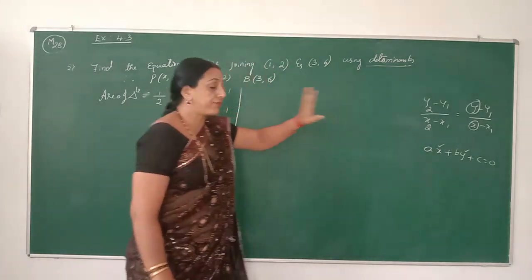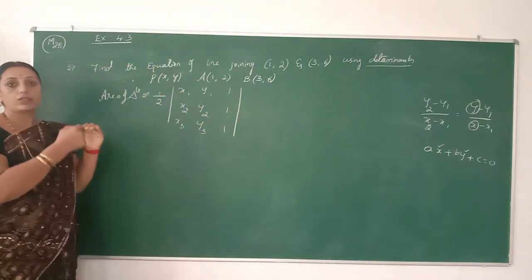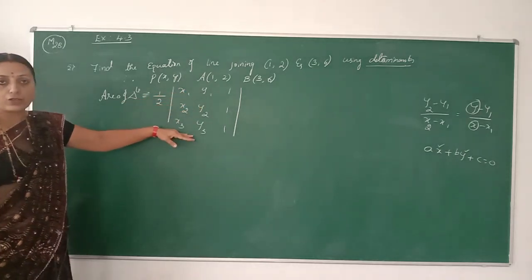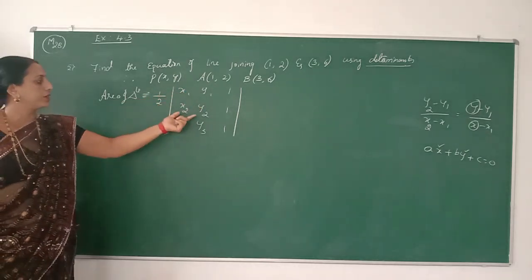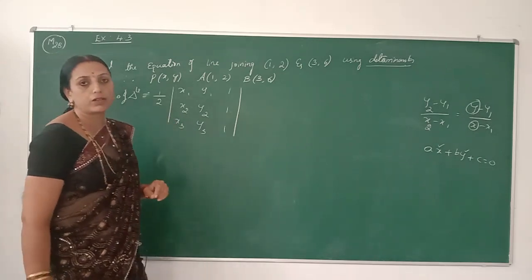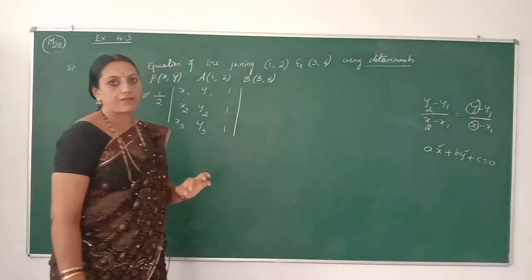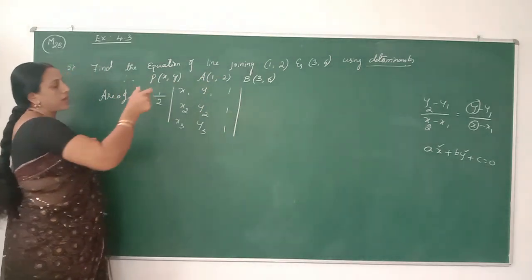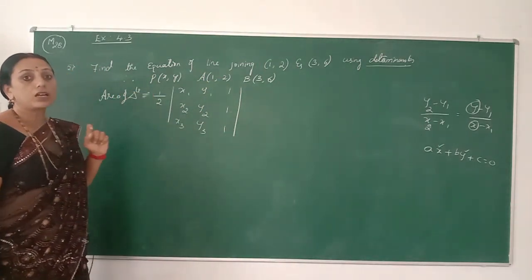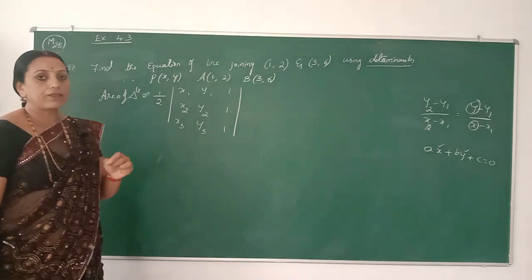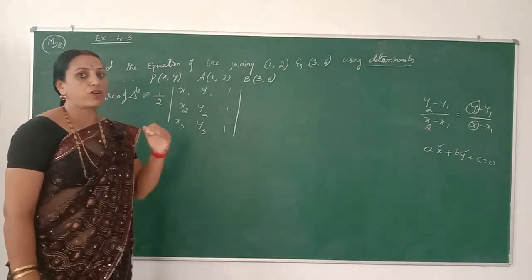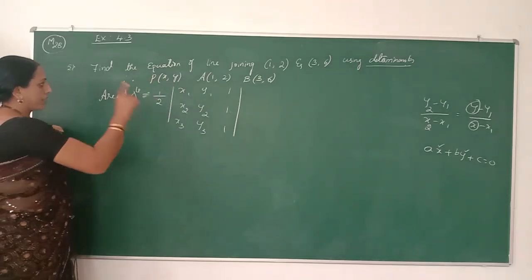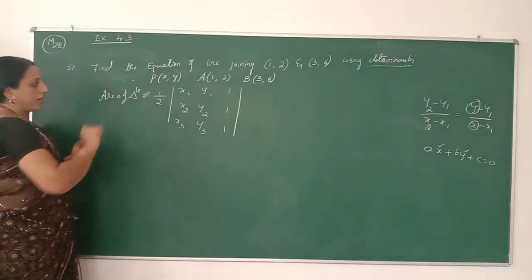But in case of determinants, ಅದೇ ಪ್ರಾಬ್ಲಮ್ನ ನಾವು ಡಿಟರ್ಮಿನೆಂಟ್ಸ್ ಅಲ್ಲಿ ಸಾಲ್ವ್ ಮಾಡಬೇಕಾದ್ರೆ some 3 different points ಅಲ್ಲಿ ಯೂಸ್ ಮಾಡಬೇಕು, because x1 comma y1, x2 comma y2 and x3 comma y3 are the vertices of a triangle. Therefore, we'll be choosing one of the points, that is P of x comma y, called the locus of a point, otherwise also called an arbitrary point on the line. So first we'll choose that point, then we'll use the condition of area of triangle.